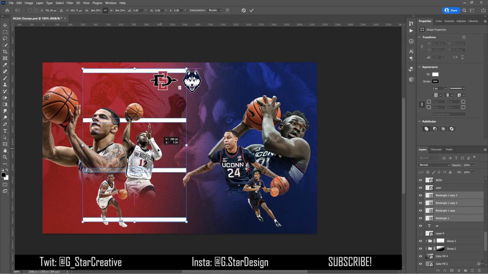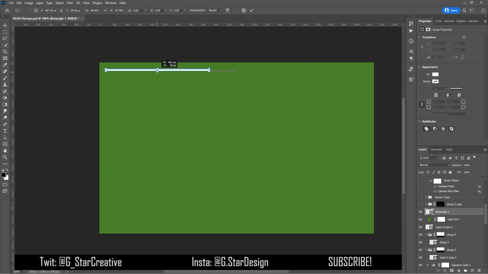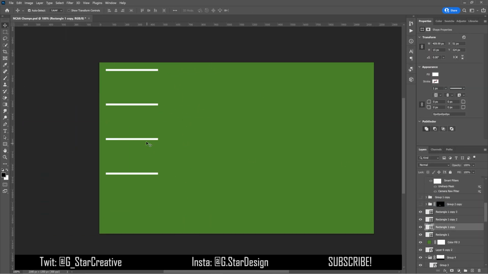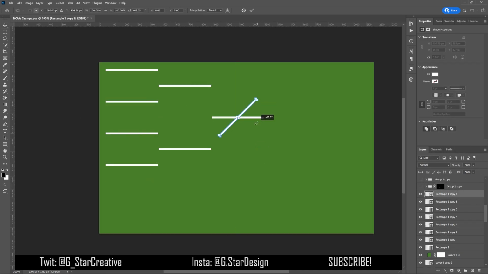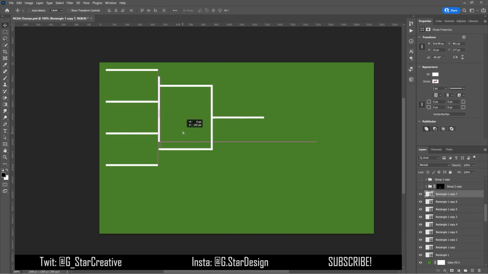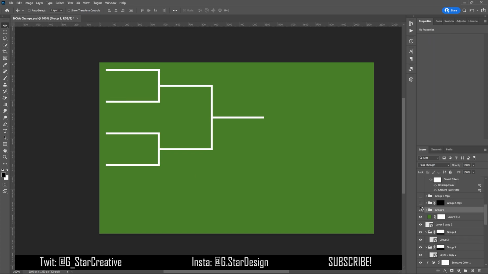And so I put that on the left side and tried to make it not a lot of a focal point. I want it to be themed cool, but not take away from the actual players. So I did that on the left,